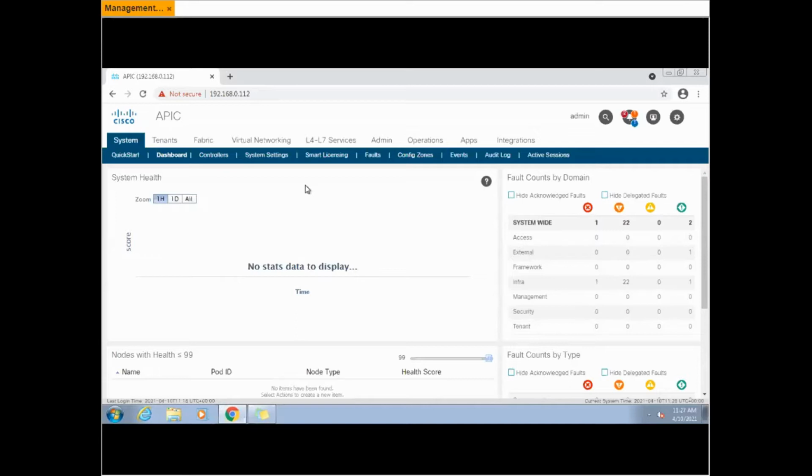In ACI the configuration is defined in terms of policy. So you should have a concrete understanding of how policy works. That's why I will cover the major portions in the lab. I will give you the demo, and at the same time I'll ask you to access your lab and complete the job. Then there are small configurations, a small lab we will do, or you can do in the background whenever you get time. There will be a dedicated lab, so don't worry about the lab.